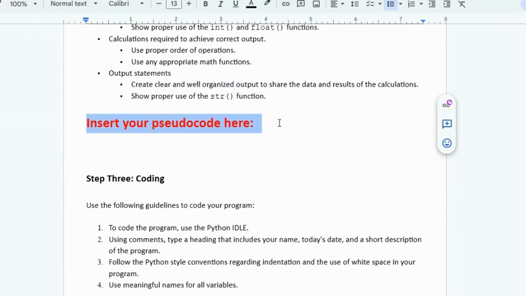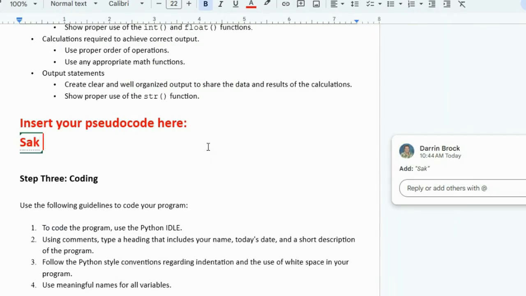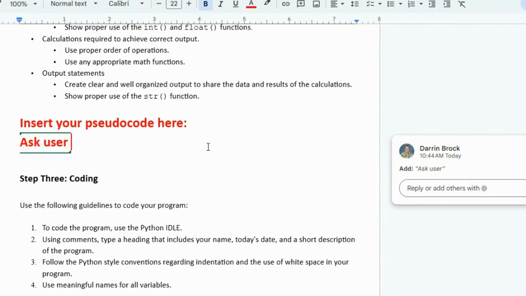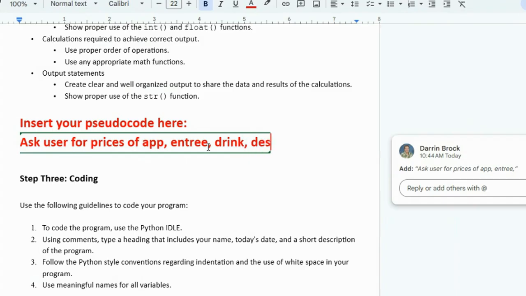All of your programs are missing the pseudocode, which is probably why you're having so much trouble. You never made a plan. This is where we plan it in plain English. Ask user for prices of app, entree, drink, dessert. I'm writing it in my plan so when I write my program, I don't forget to do that.